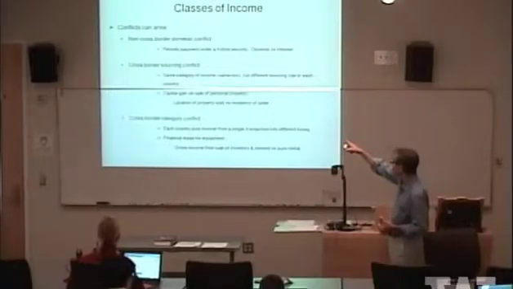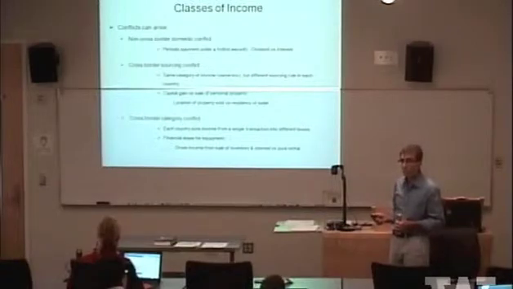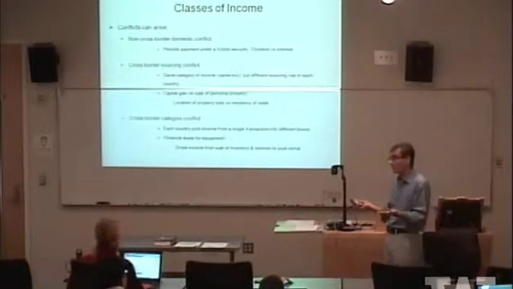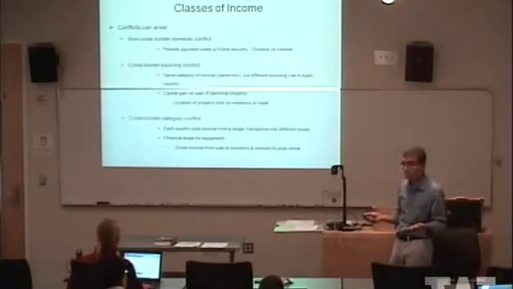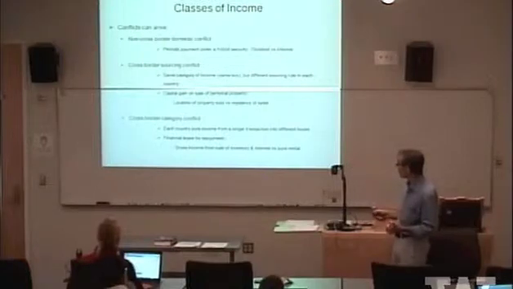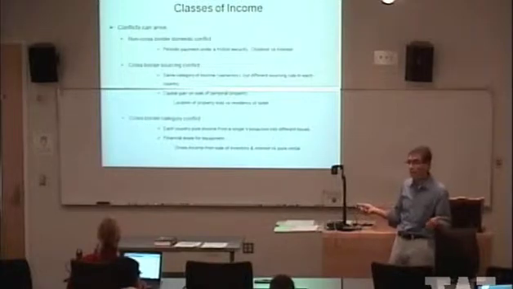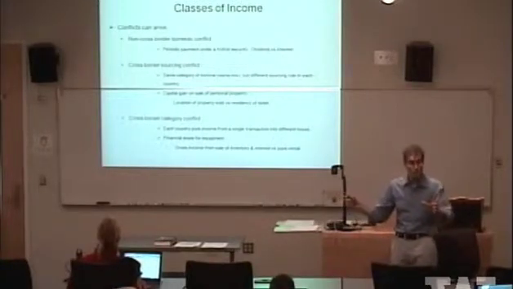Notice the difference here, the second and third bullet points. In the first one, okay, same category of income, but you have a different sourcing rule in each country. So two countries might treat the same item of income as sourced within their country. And you can certainly have a cross-border category conflict where the same transaction is treated two different ways in terms of what category it's in.